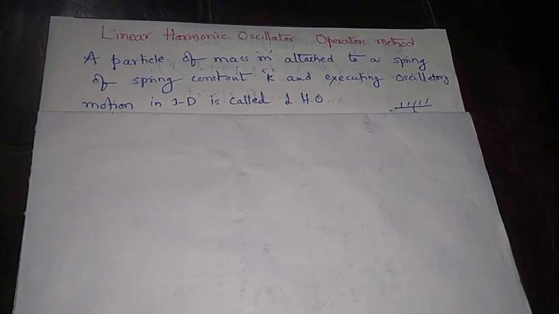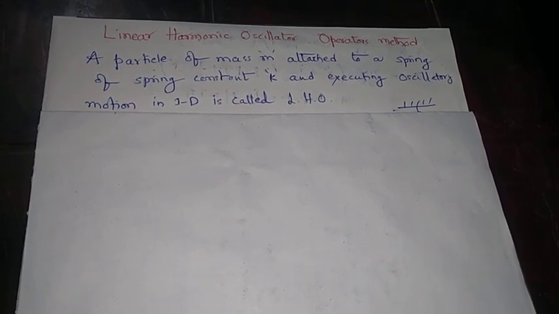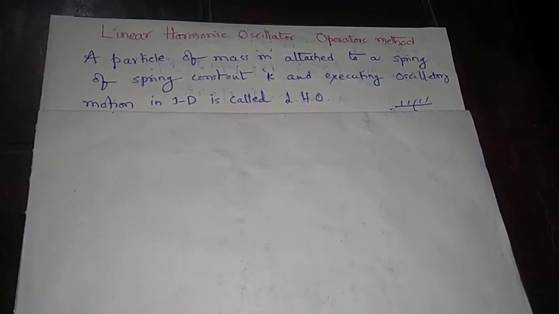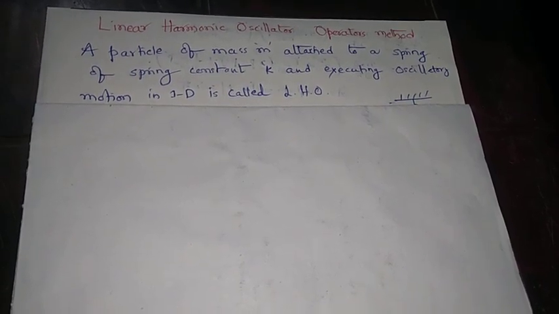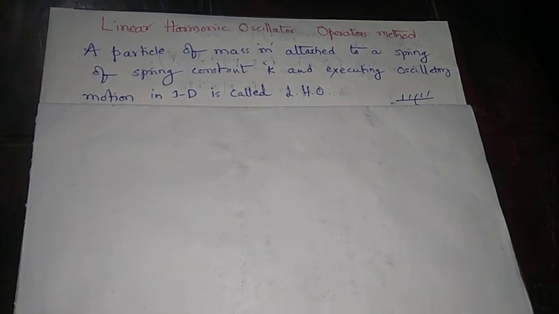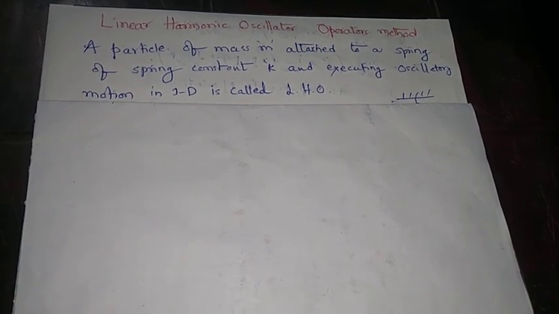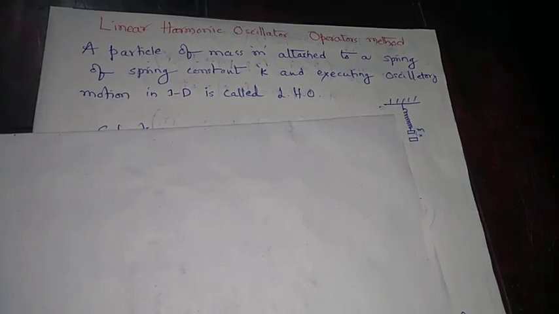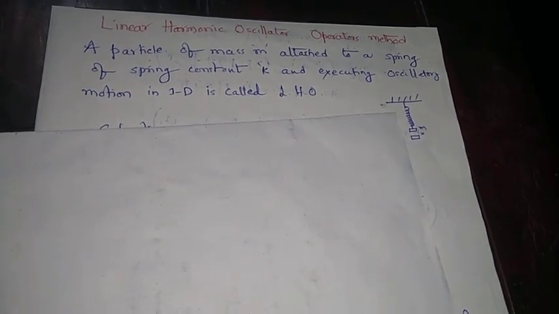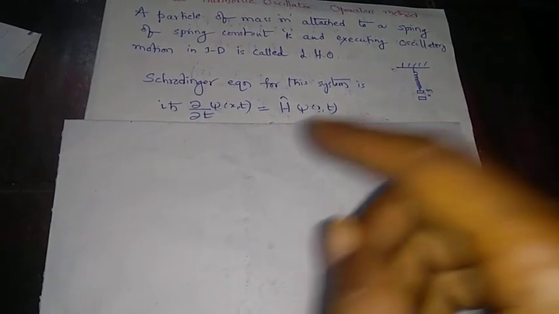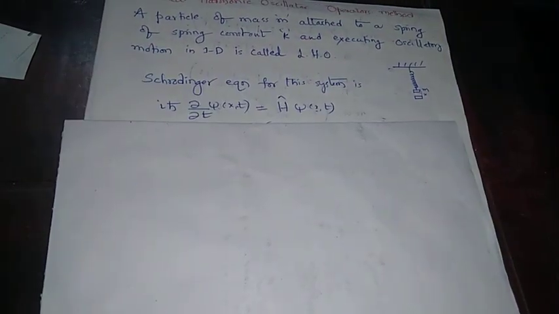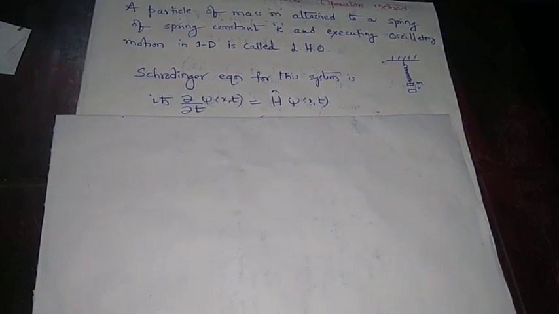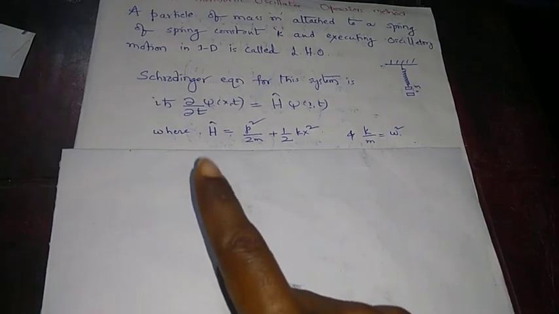We can define linear harmonic oscillator as a particle of mass m attached to a spring of force constant k and executing oscillatory motion in one dimension, as shown here on the right hand side. And for the system we can write the Schrodinger equation like this, with the state function dependent upon both x and t,